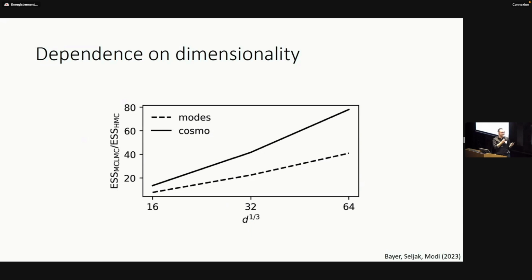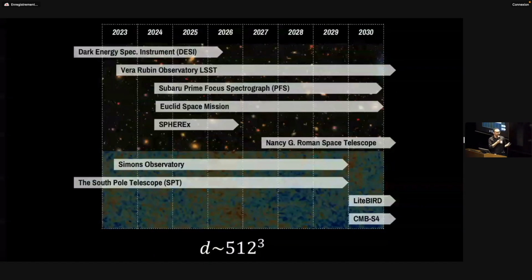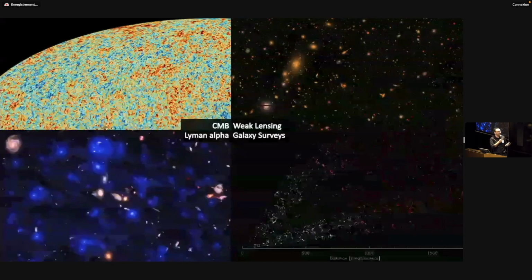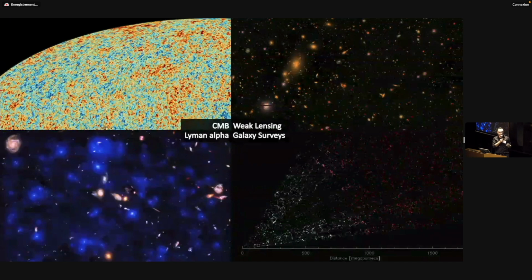And this is really exciting because if we want to apply this to real data, we're going to need to go to dimensionality of around 512 cubed to really extract all of the information. And so we're very optimistic that using this new sampling method will allow us to actually apply this to real data very soon. And then looking further forward, all these new surveys will be giving us information in various cosmological